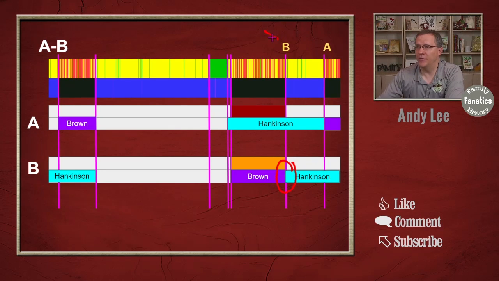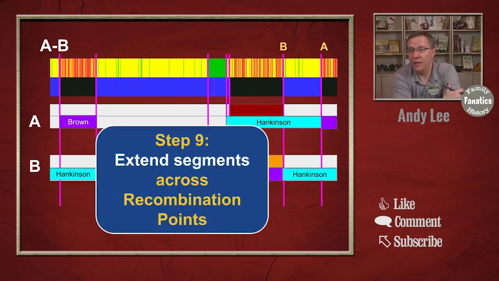And so I've labeled that as a B recombination point. We can also see that we have an A grandparent change right there. And so that one has been labeled as a recombination point. So now that we have labeled our recombination points, we can go through and we can extend segments across our